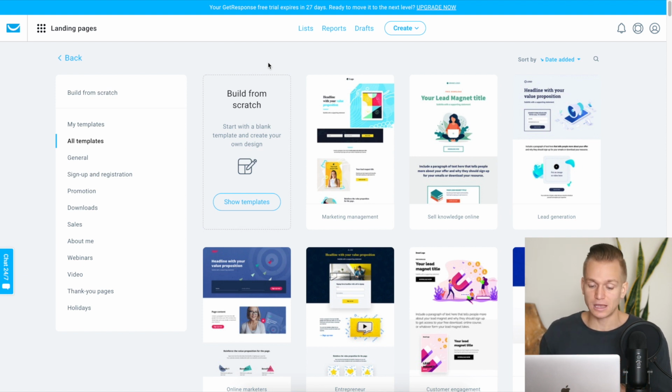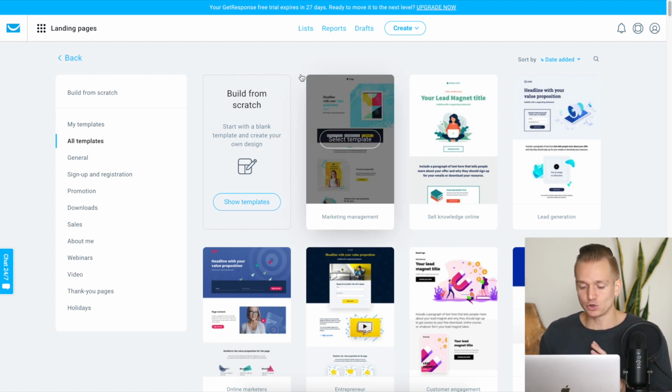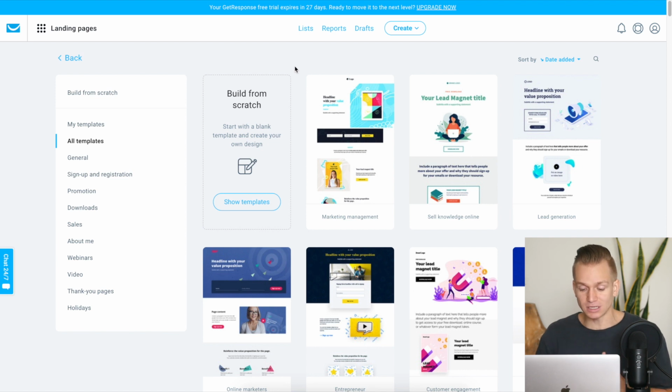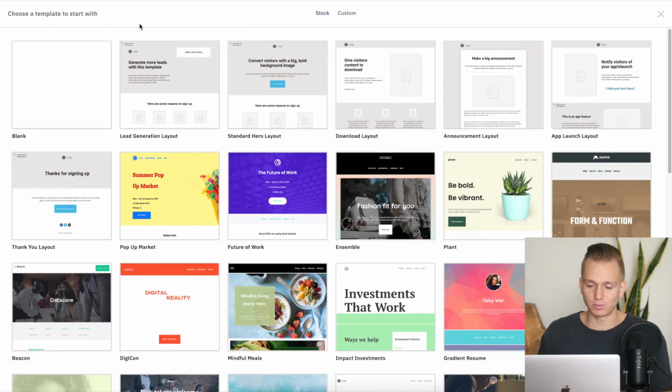So they're definitely much more advanced, and you might not think much about these templates, but honestly, it can be very, very useful, especially if you're not a designer. You can take these different concepts and just create a really nice looking design very, very quick. It can save a lot of time. And again, if you're not a designer, you can simply take a template and just change up the text,